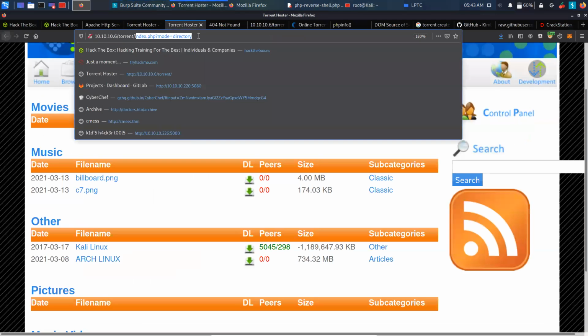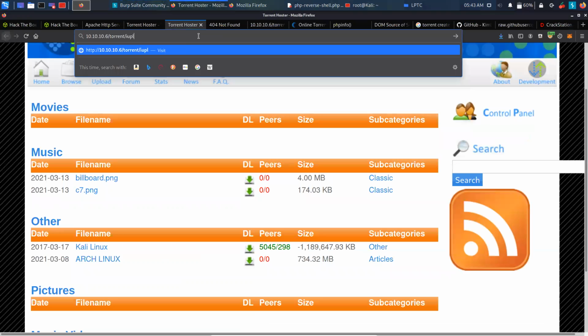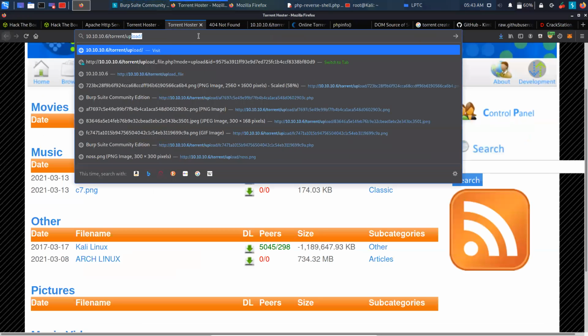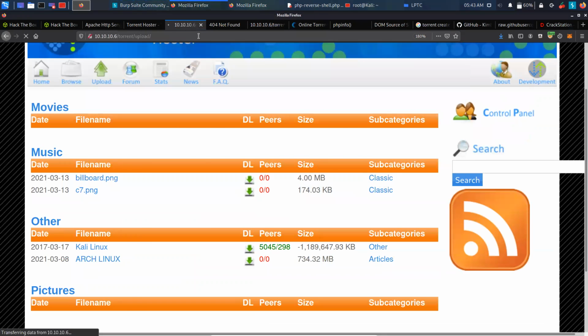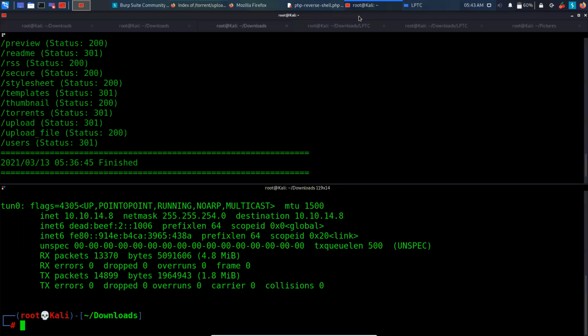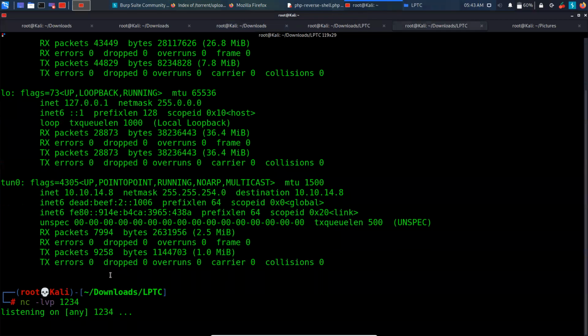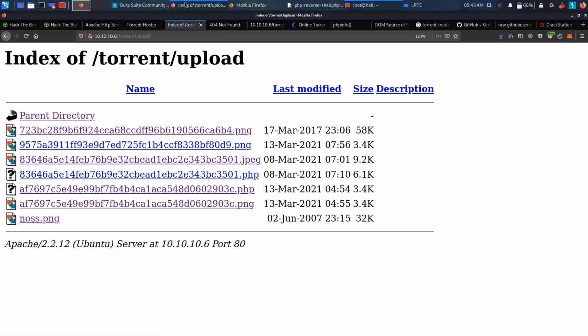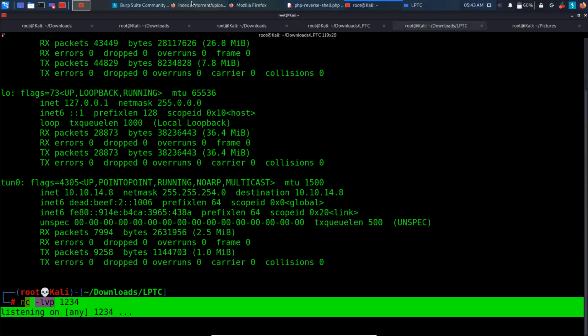Let's check if the uploaded file is there now. Okay, so we can see our uploaded file is there. Now we just need to click on it. And our netcat is still listening on the port. Now I don't know which one is ours, so we'll just try to play around because the server is changing the names.